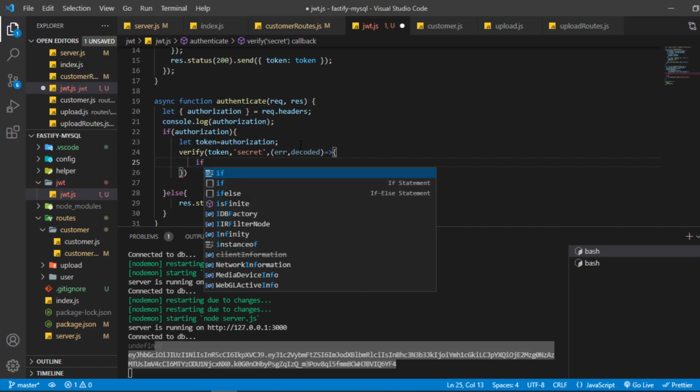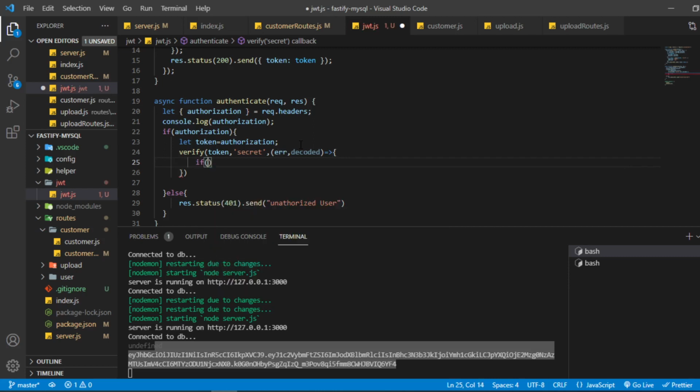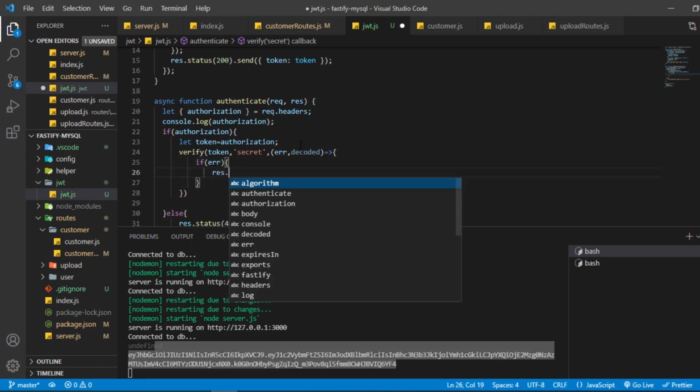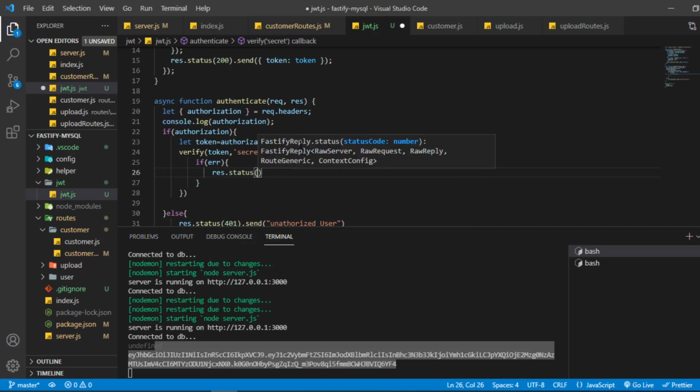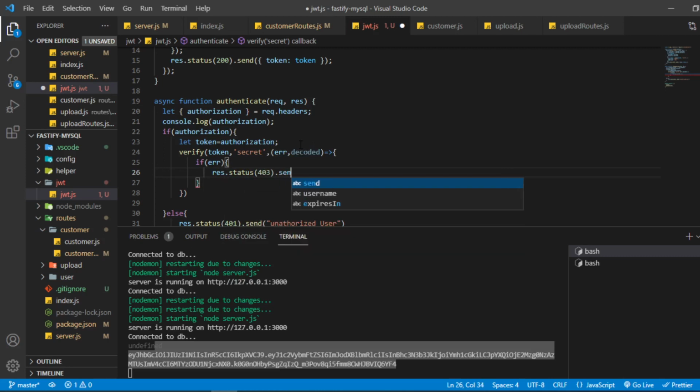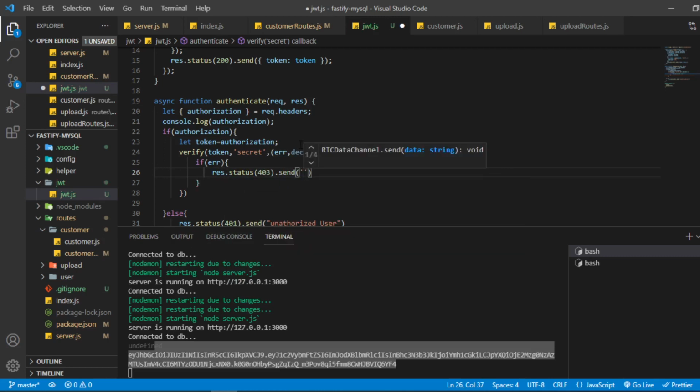And if I get an error, or if error is there, what I'm going to do is send response.status 403, and inside that send, and here I'm providing forbidden user.